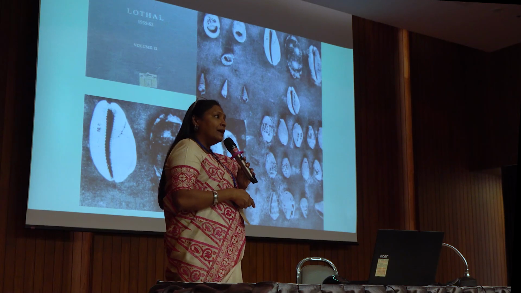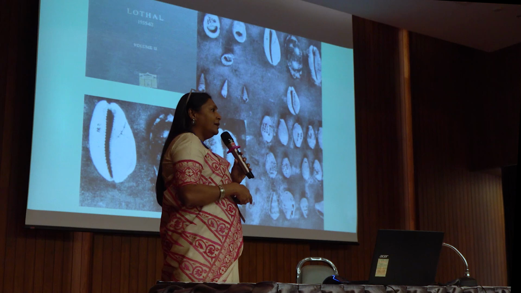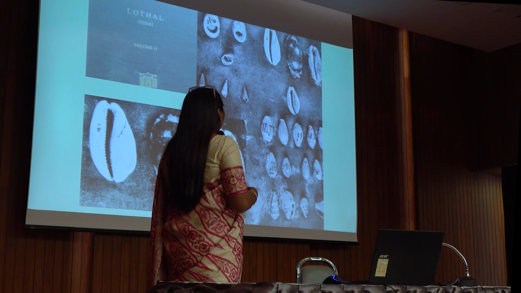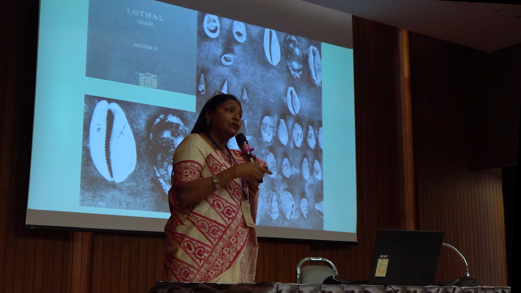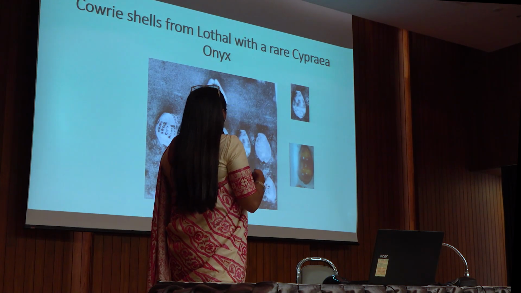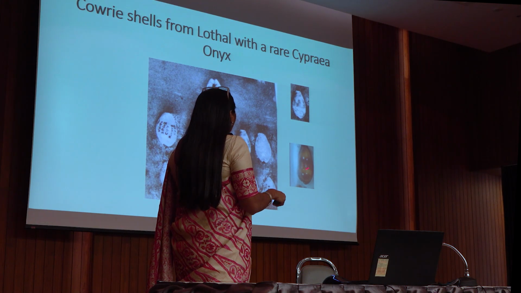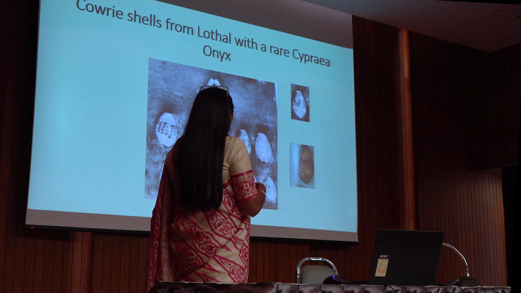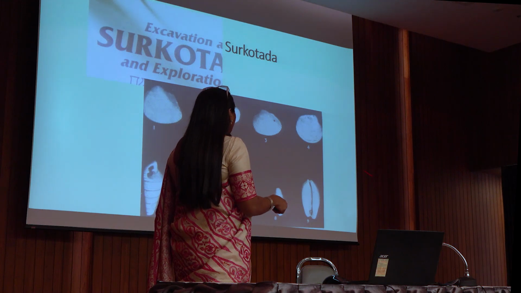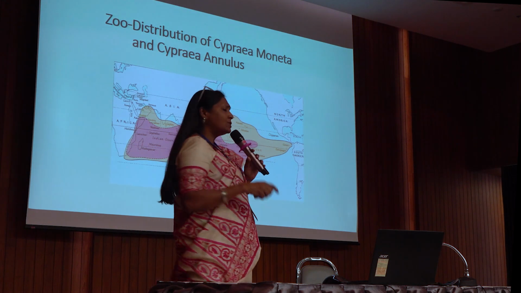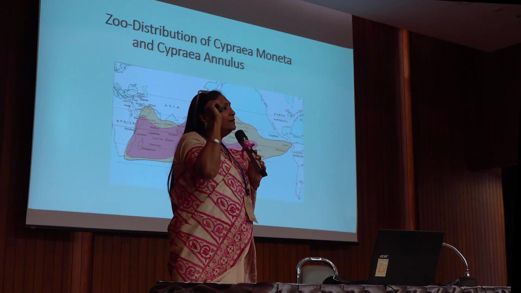But when you come to India, the Indus Valley civilization, some of the sites which are very early, dating to the 3rd millennium BCE, like Lothal, also have yielded some cowrie shells, but we had never taken them into context. Now very quickly I'll show you. Lothal has a very rare cowrie which is called Cypraea onyx. You can see it here, and this is the original Cypraea onyx, and it has all the other cowrie shells as well. Now there is another site called Surkotada that also has a cowrie shell, but quickly I'll show you just to tell you that the cowrie shells were known to India but were not found in that context,